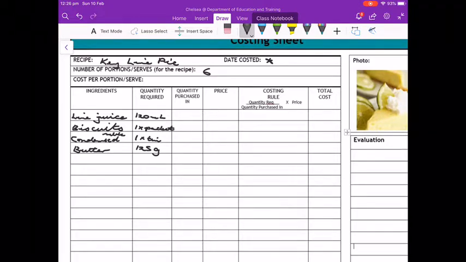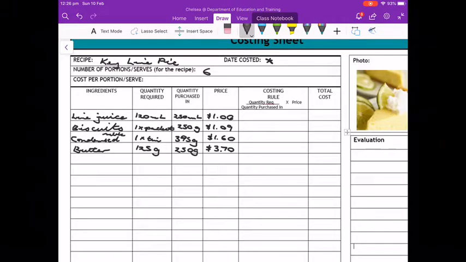Now what is the quantity purchased in? Well, the whole bottle of lime juice was 250 mils. The biscuit base was 250 grams. There was a 395 gram tin of condensed milk and 250 grams of butter. I'll then go through and put the prices of each ingredient in. There's $1 for the lime juice, $1.09 for the biscuits, $1.60 for the condensed milk, and $3.70 for the salted